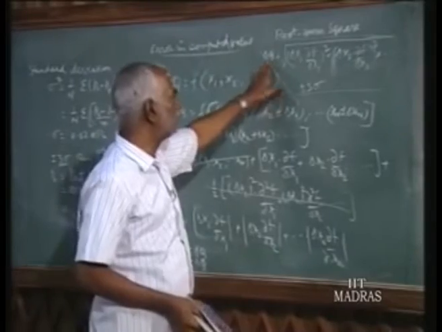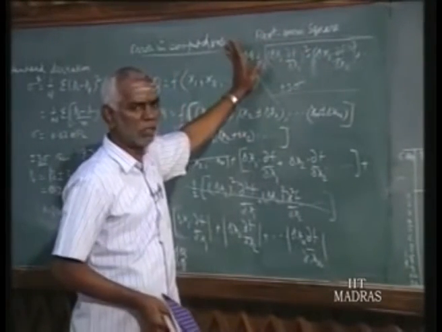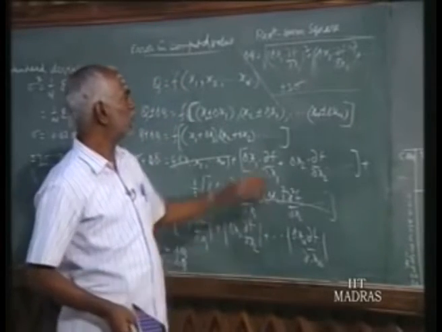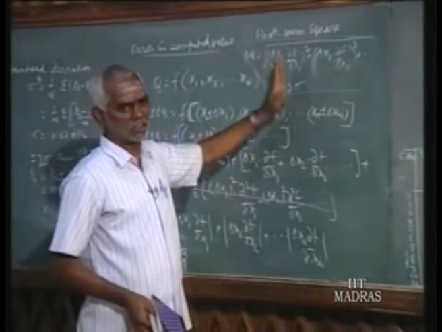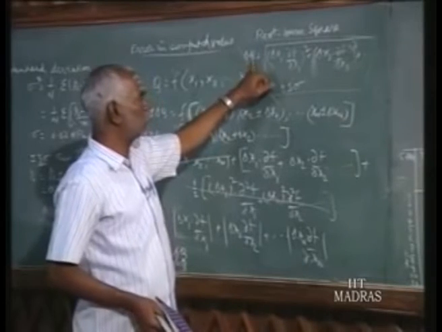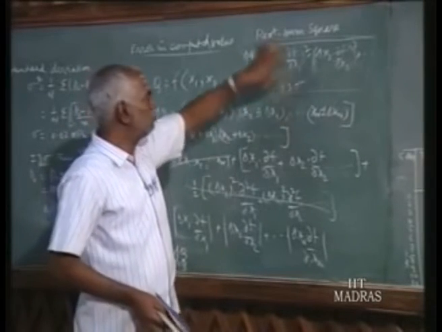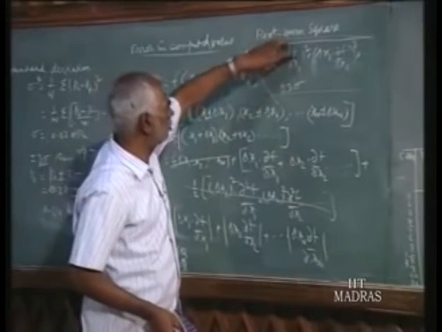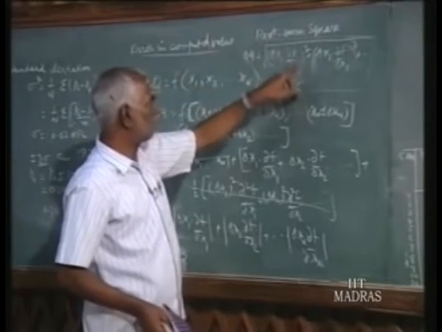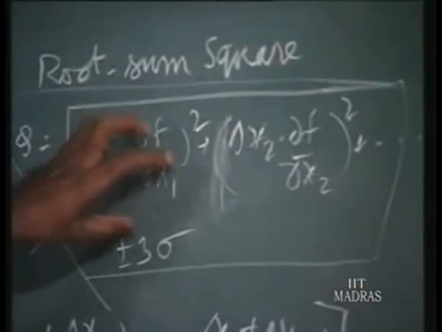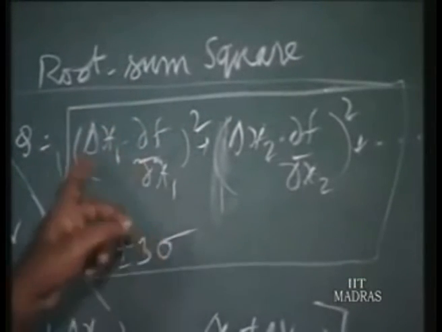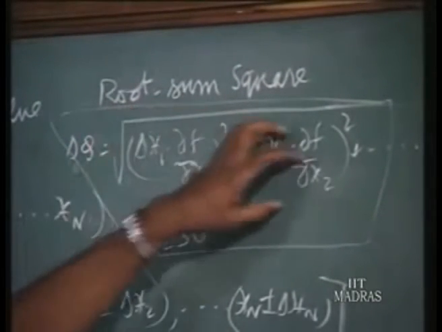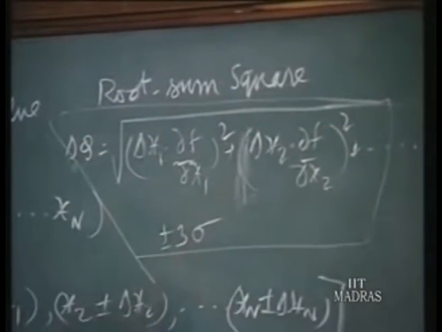If that is given, then based upon the error in the computed value, we have to select individual instruments. For that there are an infinite number of methods to obtain it, but we will follow one method. We will say the component of error contributed by each measurement is equal, that is, the part contributed by the first instrument towards delta q. We assume the component of each instrument is the same.